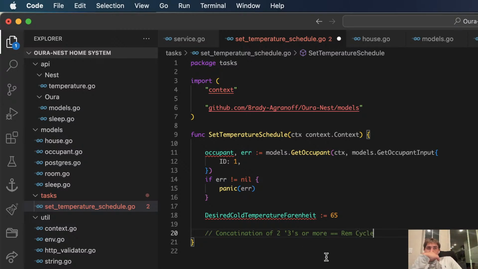So what I'm going to do is I'm going to take, let's see, begin heating house on main floor with priority main floor at the beginning of second to last REM cycle.